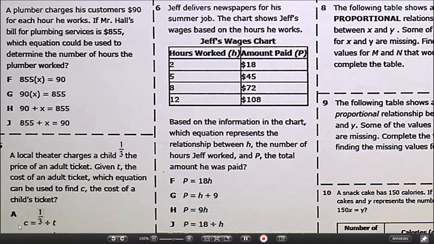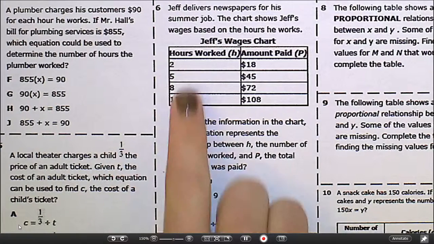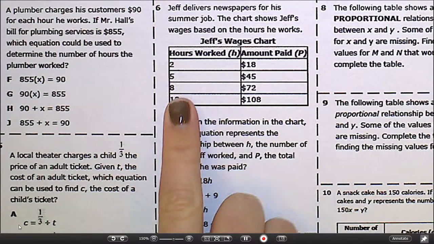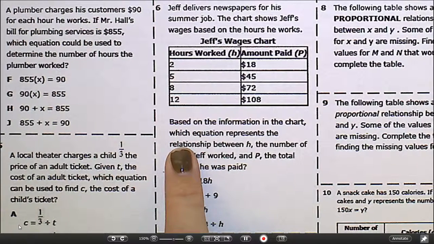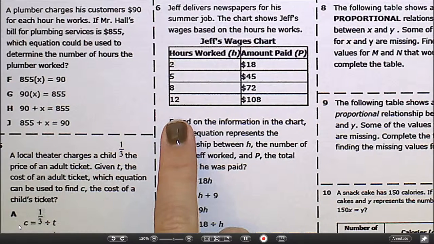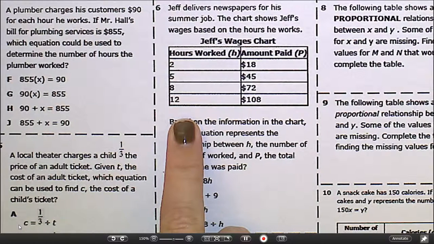Now I'd like for you to look at number 6. You're turning this table into an equation, but what I want you to look carefully at is that our x values, these hours, do not start at 0 and go all the way up one at a time. So they've just picked and chosen which hours they want to show you. So make sure you're keeping that in mind as you're determining your constant, your k, for y equals kx. As you're doing that, make sure that you're doing